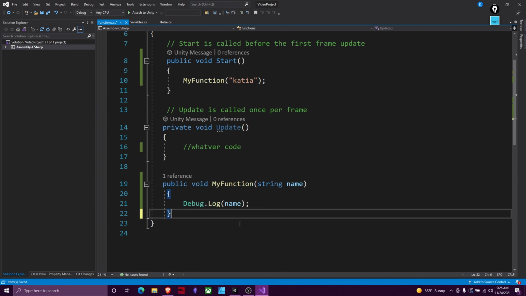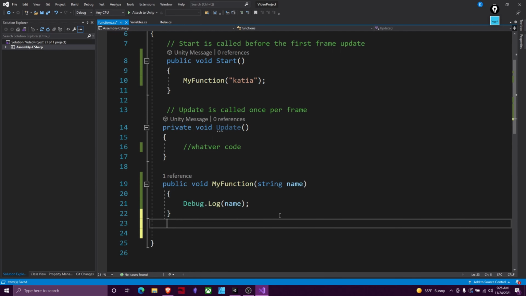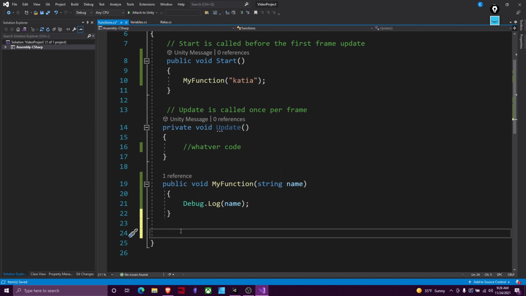You also have private functions. Private function just means that only this class can access it. A public function means any class can access it. You also have return types. So you can put a type here in place of void. So if I said public string get my name,